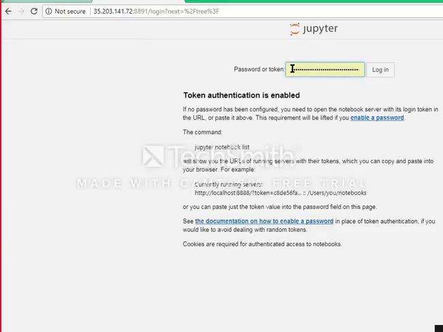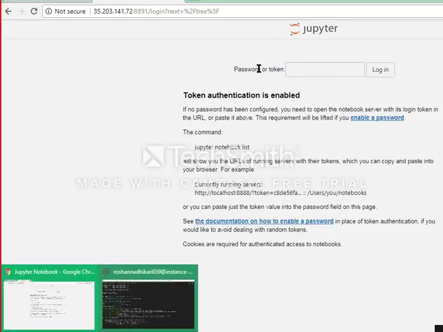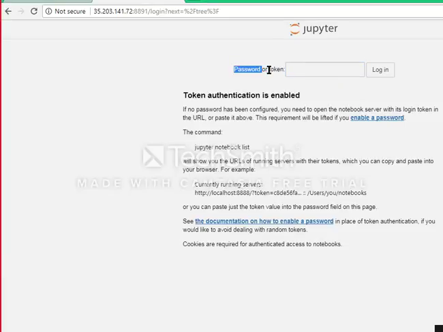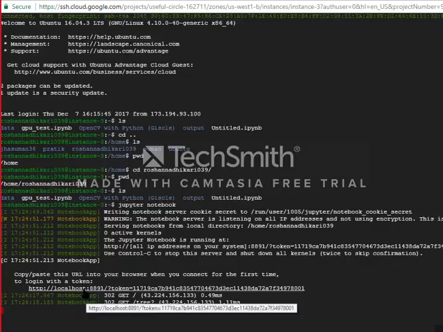If you are opening it for the first time, this will be empty, right? I have already saved it, that's why it showed. But if you are opening it for the first time, it will be empty. So what you have to enter is, it is telling you to enter a password or token. You can see, if you have seen clearly, it is a localhost with port 8891, and your token equals this value, right? So you have to copy that token, only up to token equals,